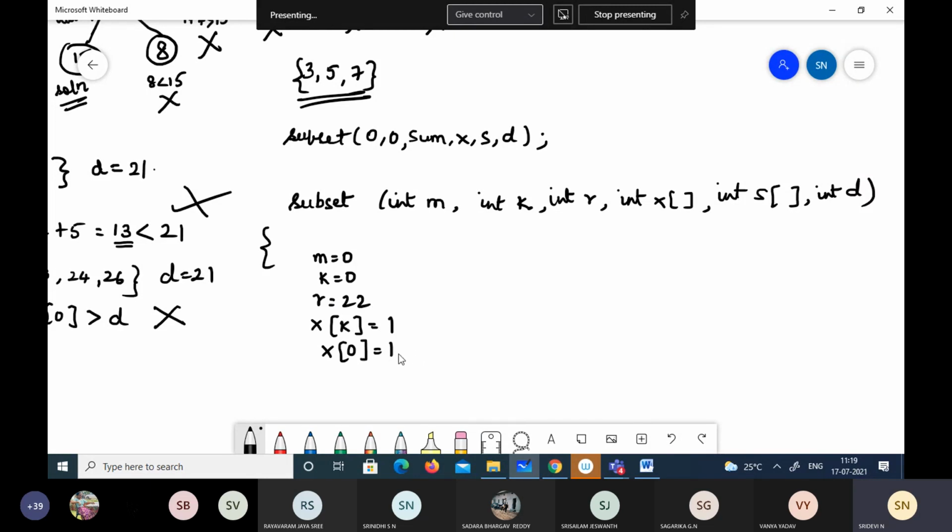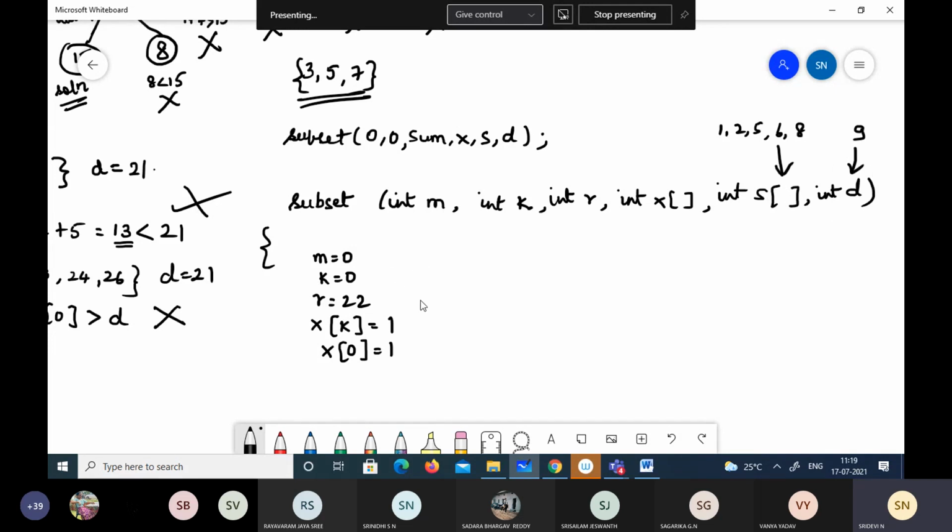The first object we are selecting, that's what this says. Then we have this S array where all the elements are sent, and D where the value 9 is sent. The input we are giving is 1, 2, 5, 6, 8, and 9 is assigned to D.